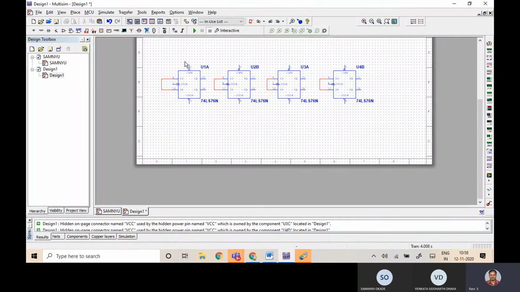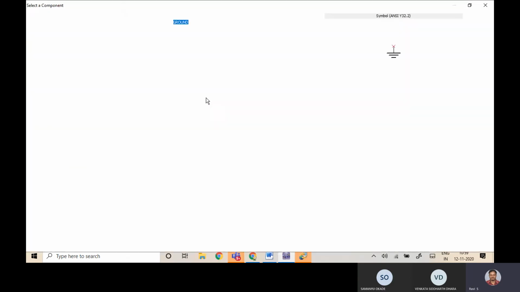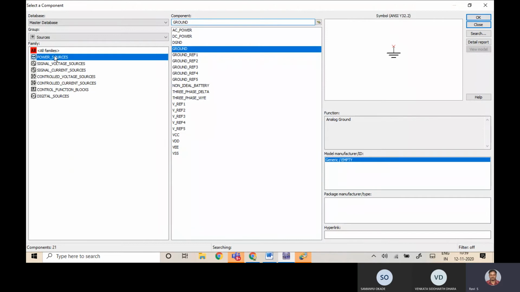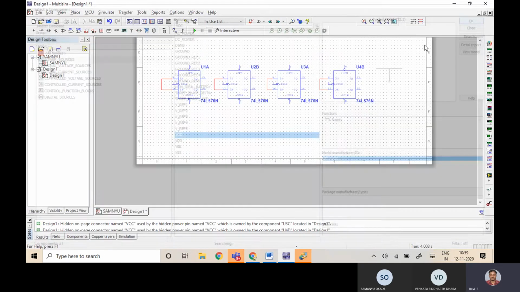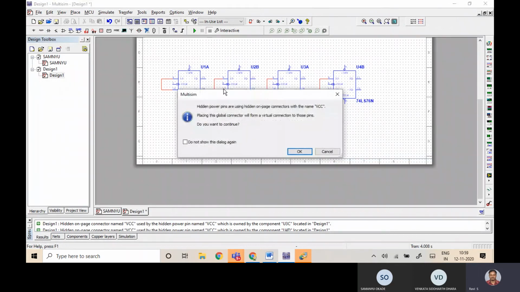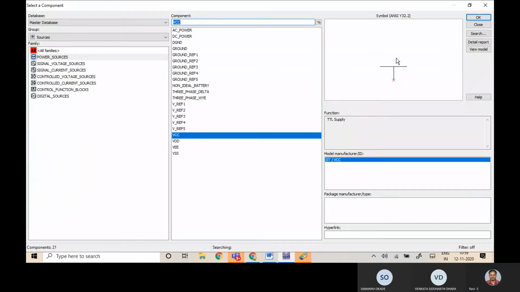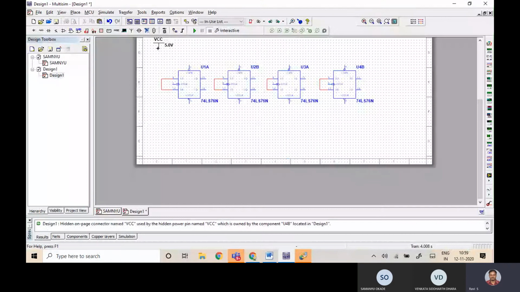Right now we have to make this input one. The reason is when J and K are connected together, that is a T flip-flop. If you apply one, it will toggle. So now let me connect constant 1 to those particular inputs. Go to power sources, take VCC and say okay. Now place it and connect this VCC to the inputs.